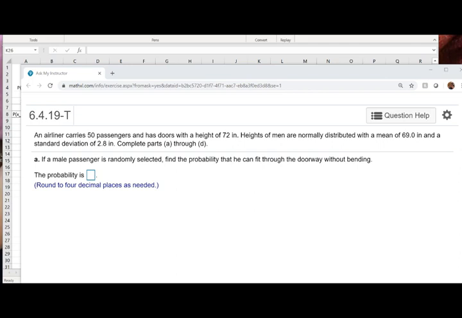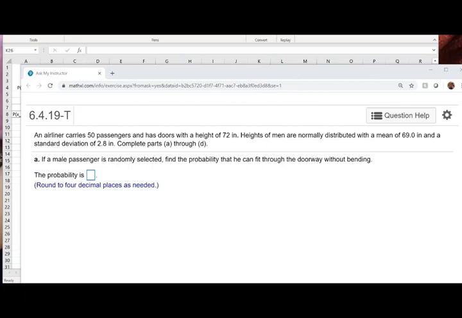Okay, an airliner carries 50 passengers and has doors with a height of 72 inches. Heights of men are normally distributed with a mean of 69 inches and a standard deviation of 2.8 inches. Okay, question number 1. If a male passenger is randomly selected, find the probability that he could fit through the